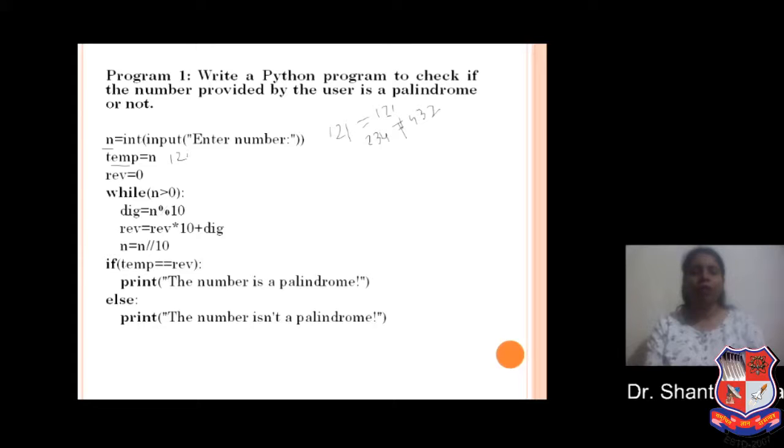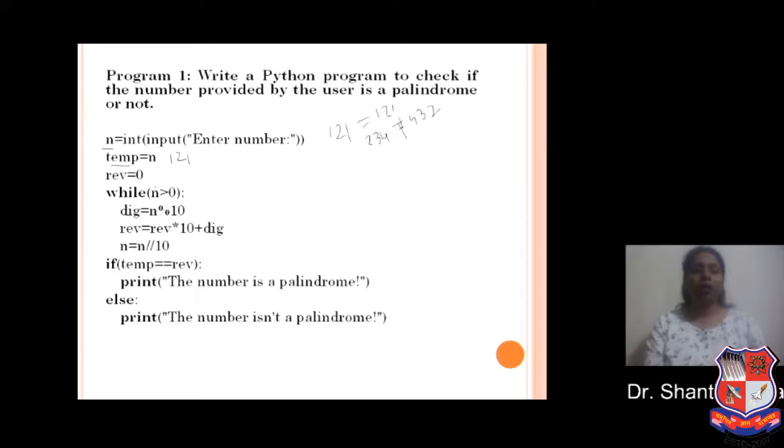Now let's take a variable reverse and initialize the value to 0. In this variable we can store our reverse number. Then start a loop: while n is greater than 0. Here n is 121 and 121 is greater than 0.